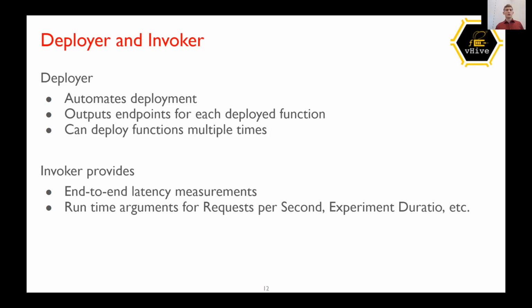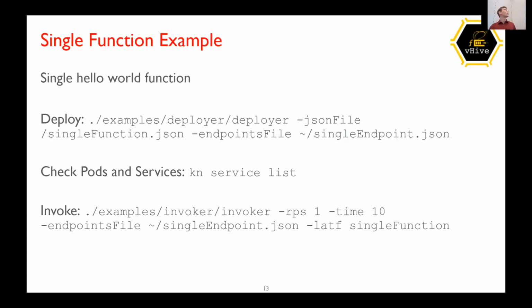What we will do now is first deploy a single function. It's basically just a hello world that enters and then returns almost instantly. You can deploy it with this very easy function and then see that it's actually deployed by asking Knative to list all its services. So there is one error reported. Default domain is in the error state. I guess default domain